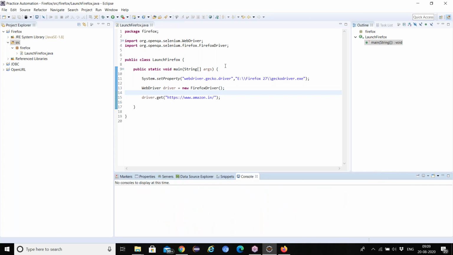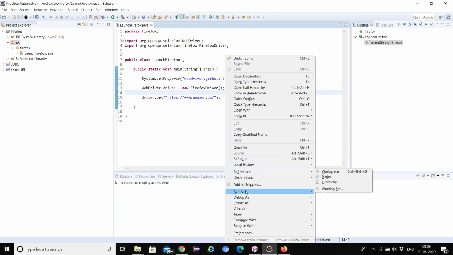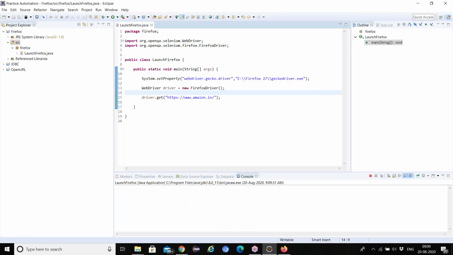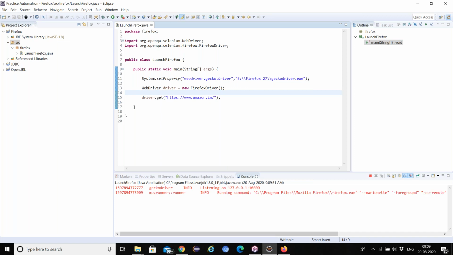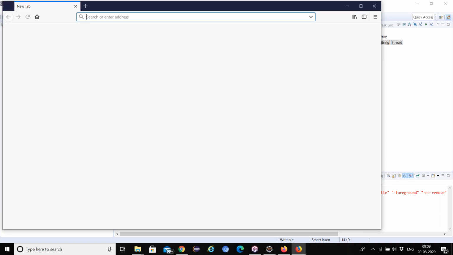Now press Control S and run as Java application. Congrats, it is executing. See how it is executing?